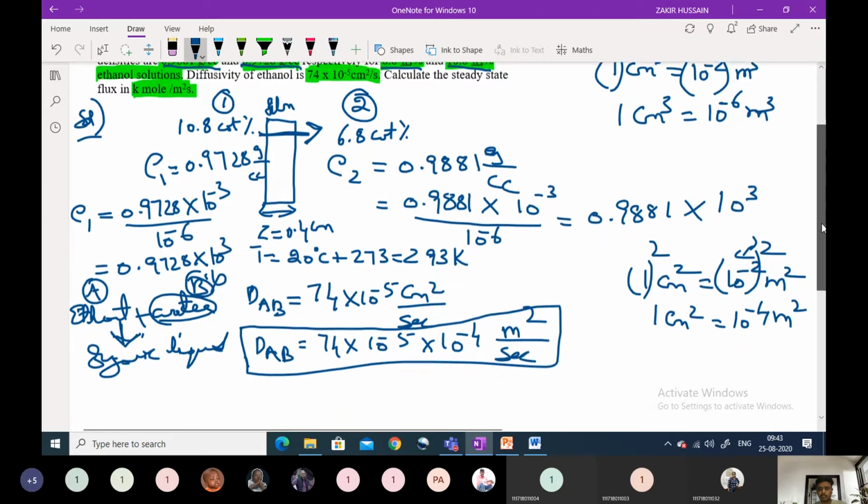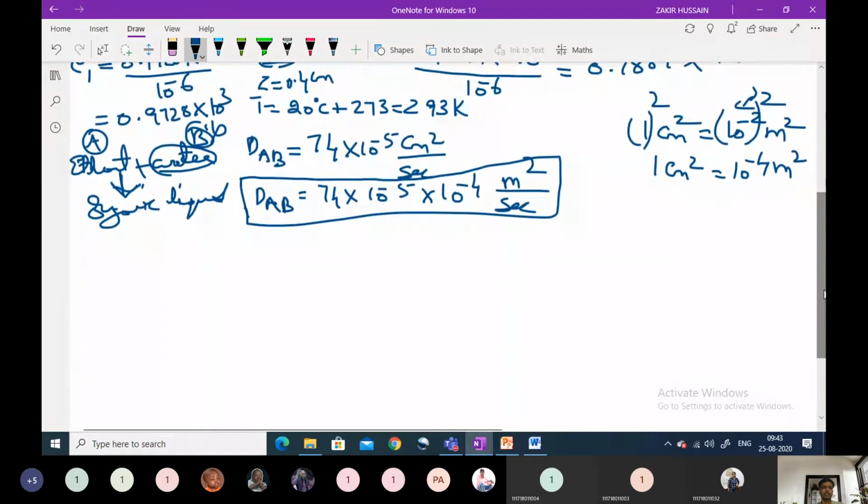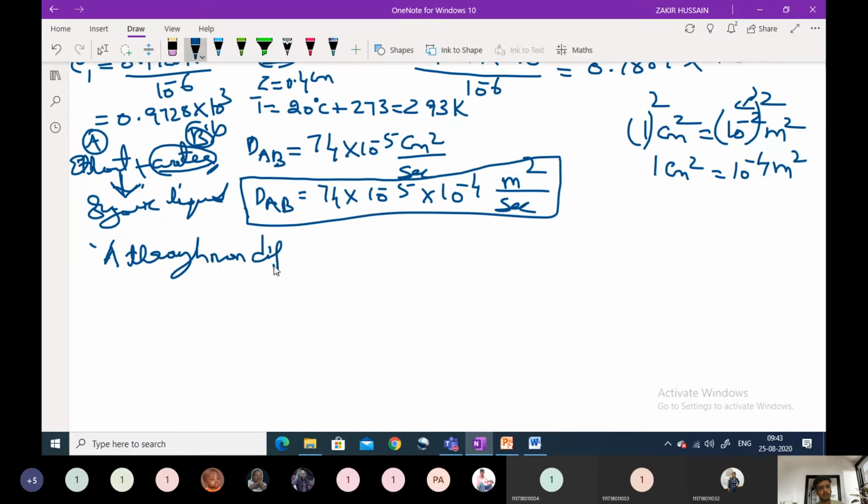Okay, in the general sense also we can think that water is not soluble in organic liquids like oil or something. So they need not give that statement also, water is not soluble. We can just apply our common sense and verify that water is not at all soluble in the organic liquid. So this is the case of A through non-diffusing B. Ethanol is diffusing in the presence of non-diffusing water. So ethanol is also liquid, water is also liquid, organic also liquid. But this is the case applicable for liquid phase, not for the gases.